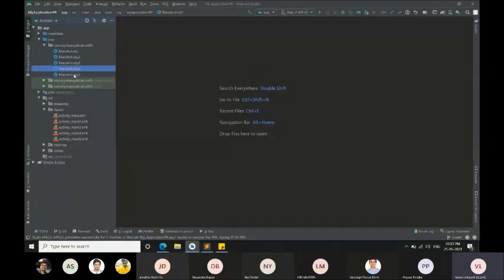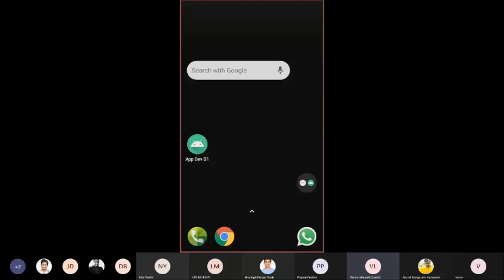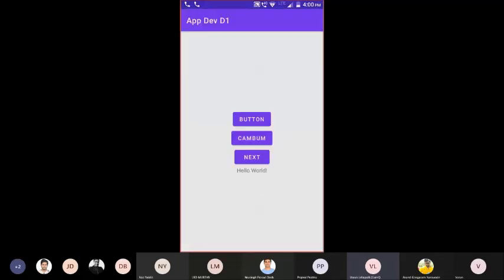Today's session, I have made an app combining all the topics we are going to discuss. So this is the application that I have developed combining all those topics. App DEV D1. If I open this, the first thing I get is these 3 buttons and a text field. The first is a button called button. I just want you to see the screen. I will explain the code in the GitHub. First, just focus on this application. What are the components? How are they behaving? Then I will show you the code and why they are behaving like that.